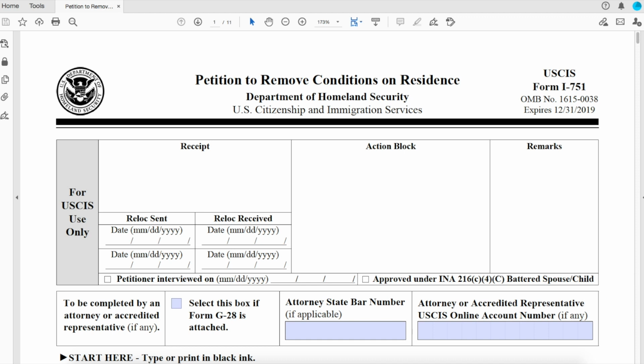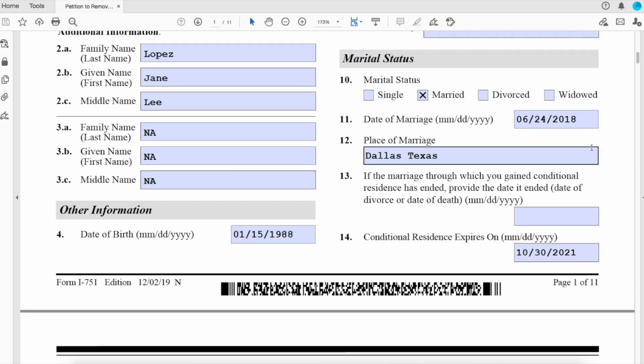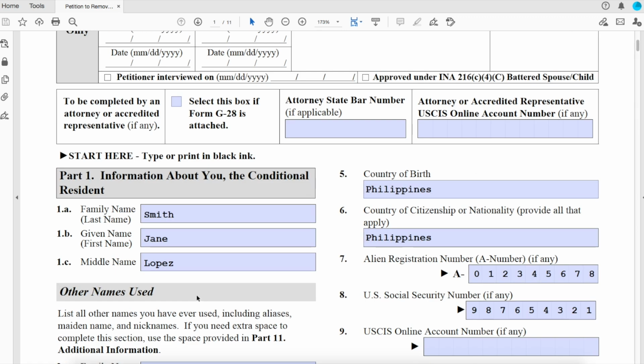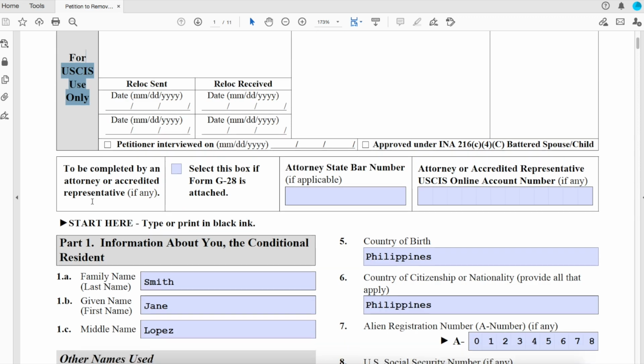This is also known as form I-751. I'm going to show you where you can find the edition date. That's going to be at the bottom of each page. The edition date as of right now is the 2nd of December 2019. Okay, let's start here. Leave the top one blank because this is for USCIS only, and then let's start